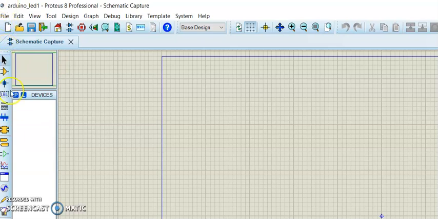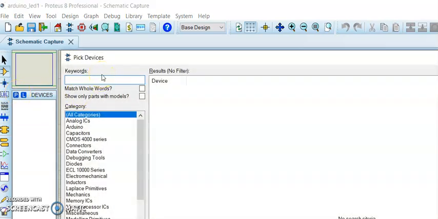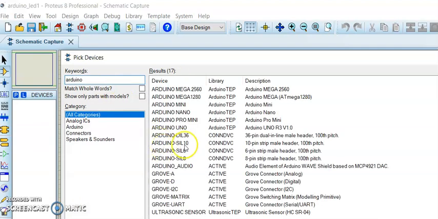You can see many functionalities on the Proteus, but as a beginner I will discuss with you some of the important functionalities. Here you have to move towards the component mode, because you are going to place your component on this working sheet which is actually in blue color. So I am going to pick the components, or pick the board that I want to use. Here I can see that